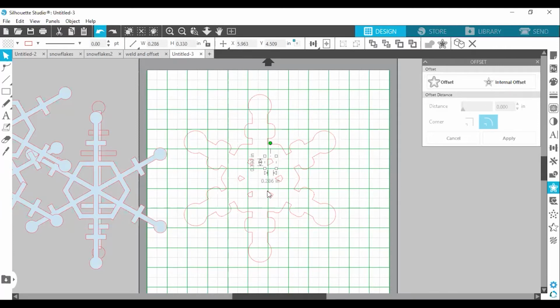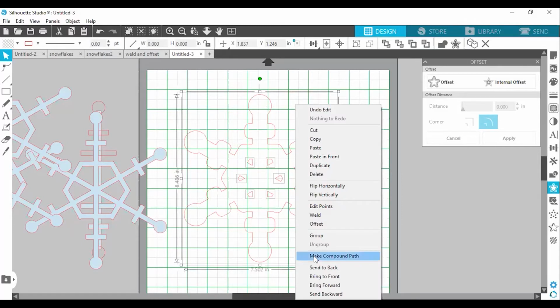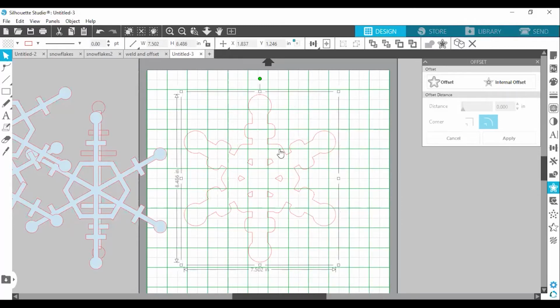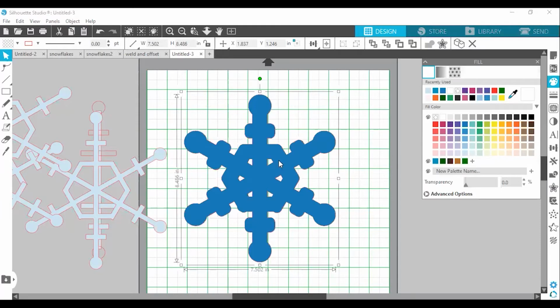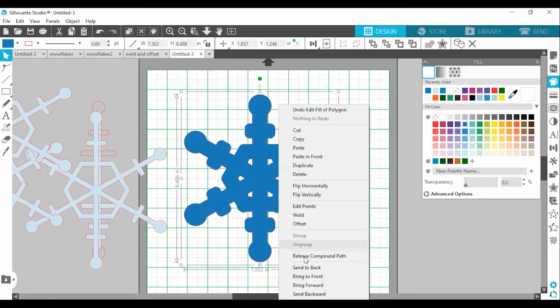If there are little pieces and the big piece that you want all together, you need to select them all. Try to make sure you don't get anything else. Right click on it again and make a compound path. And I'll show you, actually, it's better if I fill this in, and I'm just going to fill it in a dark color so you can sort of see what happens. When I release the compound path,